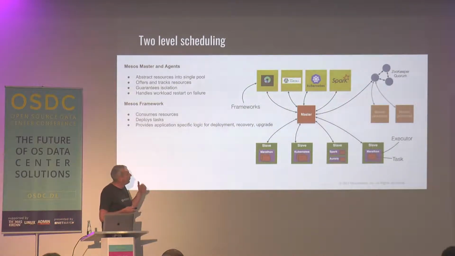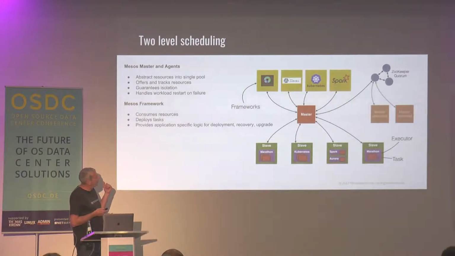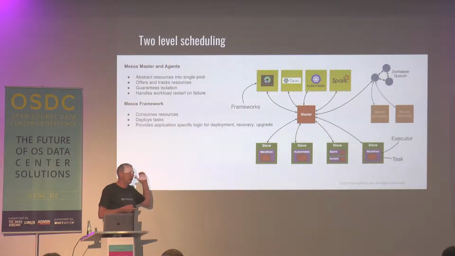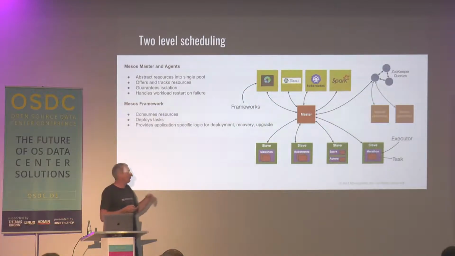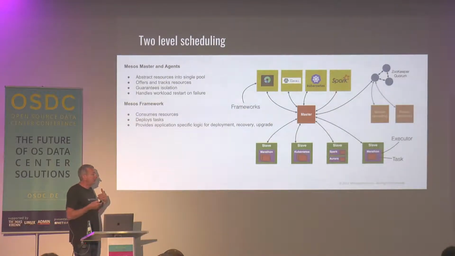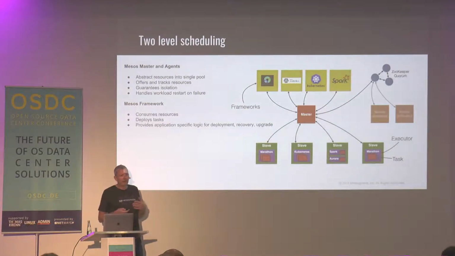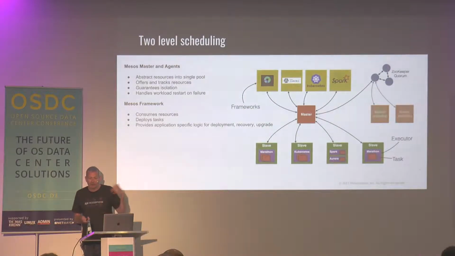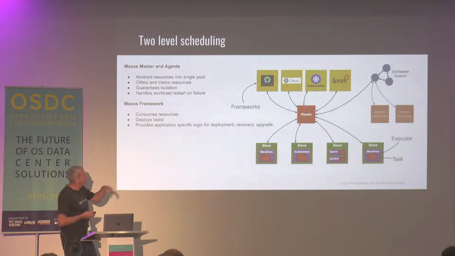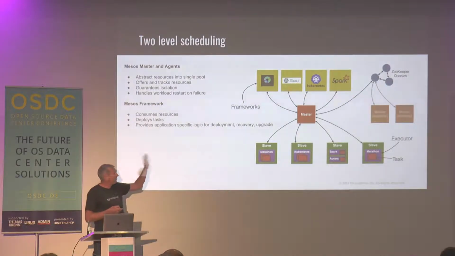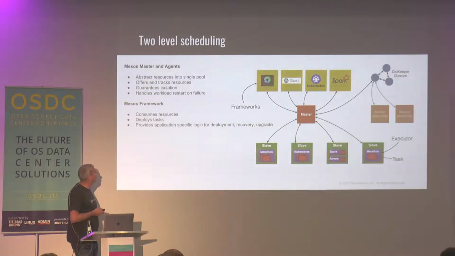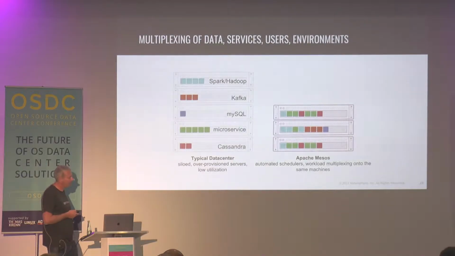So a framework has a scheduler, and it has executors, and executors run on the agents at the bottom on your actual hardware, and those executors are tasked with actually doing work. So if I need to spawn a particular process from a framework, that's what the executor will do. And that communication all happens through the master. So the framework scheduler will accept a resource offer and then cause that executor to actually execute a task.